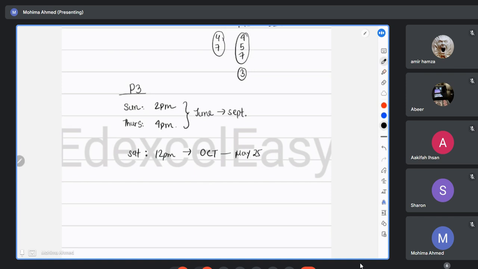And from September onwards, as I'm planning that we'll be starting from June, July, August, September, we can finish up to chapter 6. So from September onwards, we're still having two classes. We can solve 7 and 8. 8 is not actually considered as a chapter. In P3, chapter 8 will take you like one entire class to complete. So I'm not considering chapter 8 as a chapter over there. So for chapter 7, that will only be left.